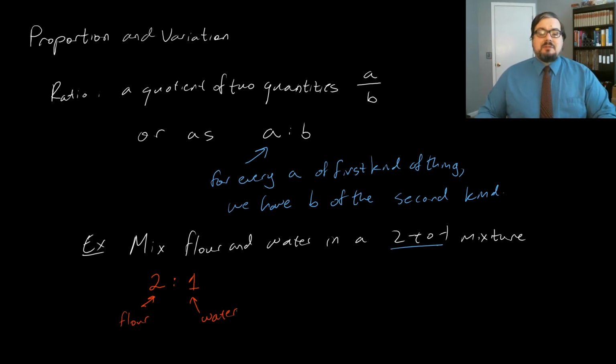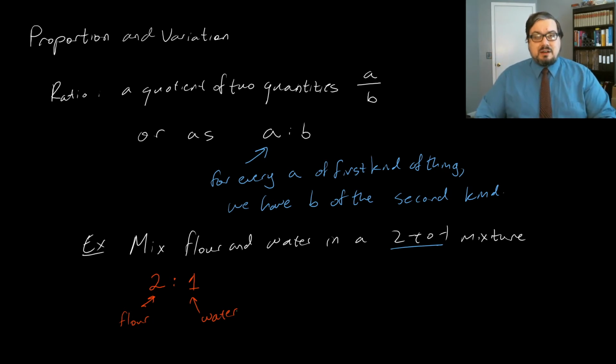If we have a ratio of flour to water of 2-to-1, that means that we have twice as much flour as we have water. And so this kind of a ratio is one that we run into reasonably often. It tells us the relative quantities of the items that we're talking about without having to nail down what